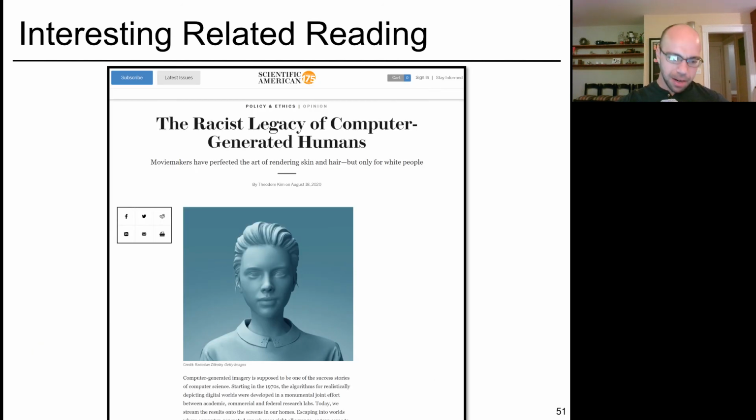Incidentally, one thing that I thought I would point out to you all is an interesting article that just appeared in Scientific American pretty recently. This subsurface scattering discussion is one of many where people talk about rendering skin. And implicitly, many of the examples in these rendering papers are not very racially diverse. And indeed, a lot of rendering technology for hair, for skin, and other aspects of computer-generated humans really has focused on a particular look for the humans that they're rendering in terms of race and ethnic background. This article is a really interesting one that I'll try to post on our course site as well, which